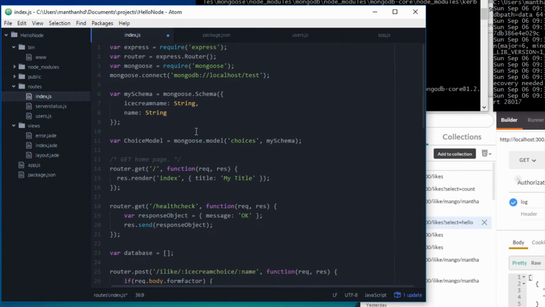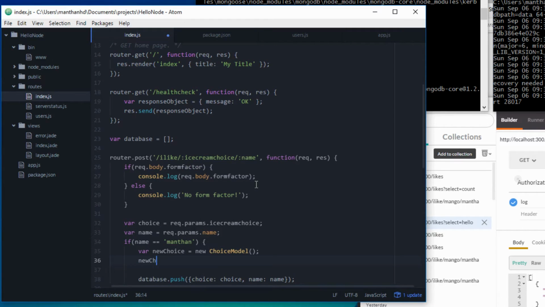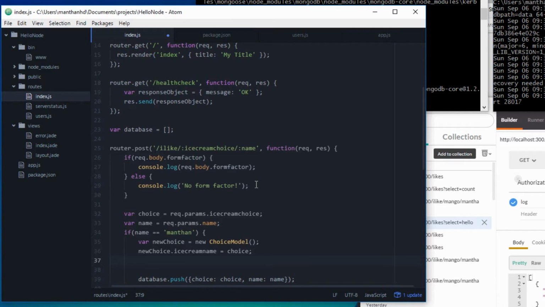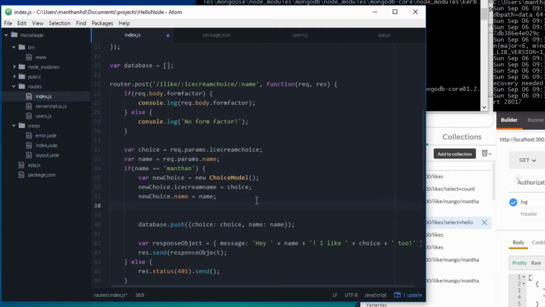So it's ice cream name and name, right? So newChoice.iceCreamName equals choice. And then we'll store the name as well, so newChoice.name equals name, right? And now to save the data, here's a really easy thing to do. It's newChoice.save,